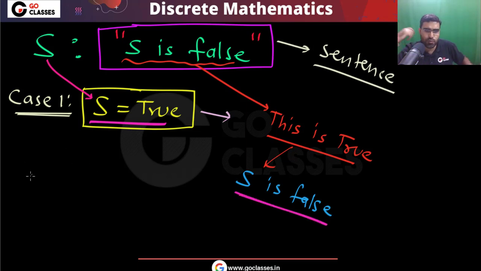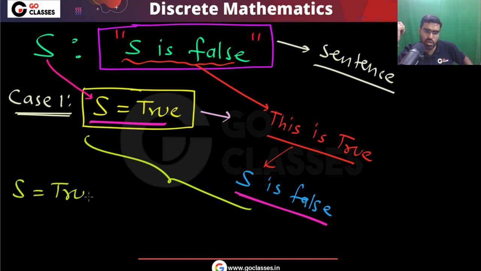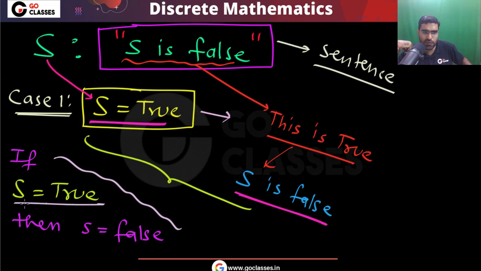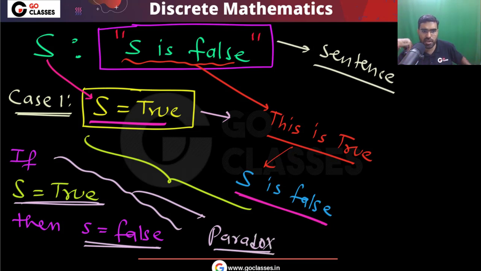So if you assign S is true, then S is false. That is a paradox, right? This type of situation is called a paradox. If you are saying if S is true, then S will be false, this type of situation is a paradox situation. Okay. Similarly, you can notice